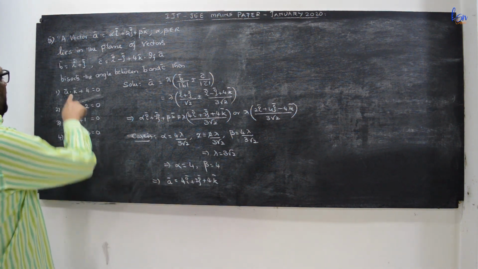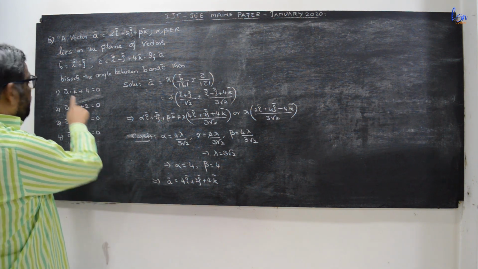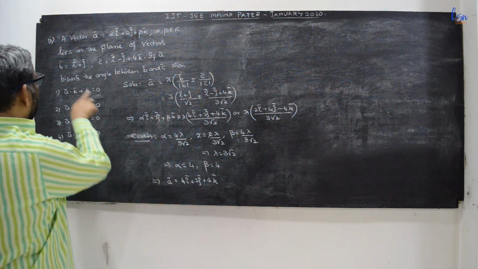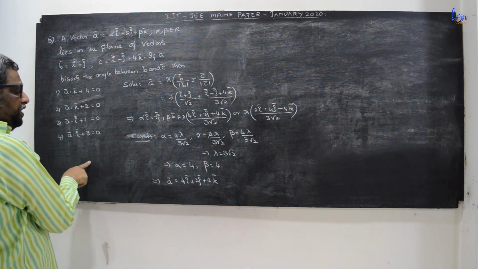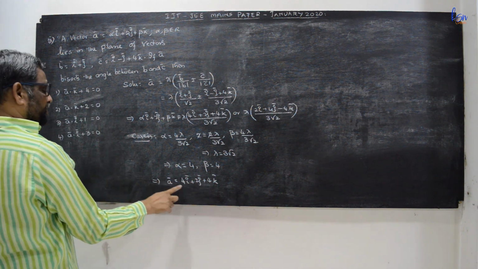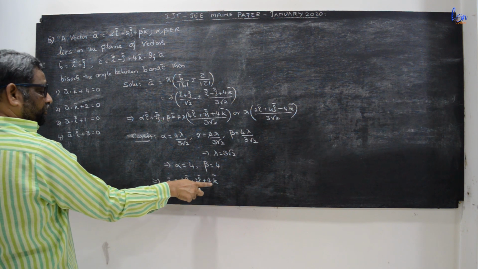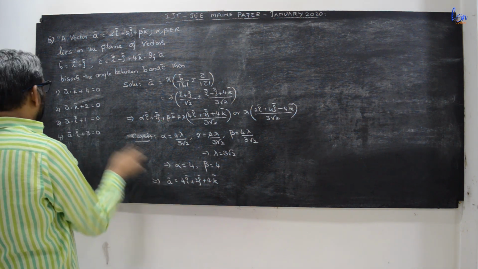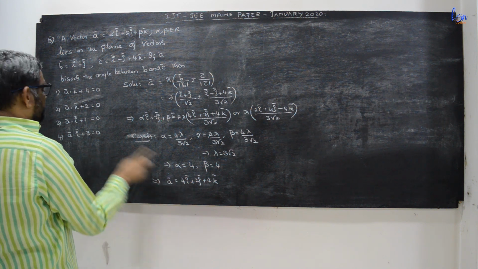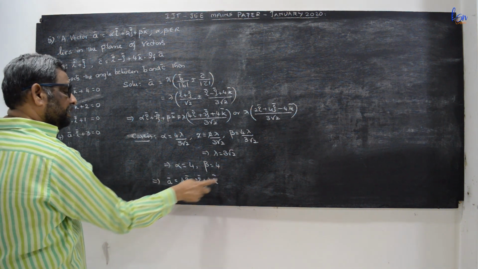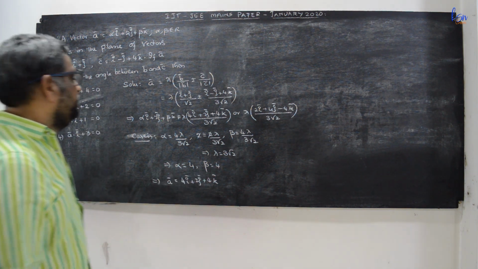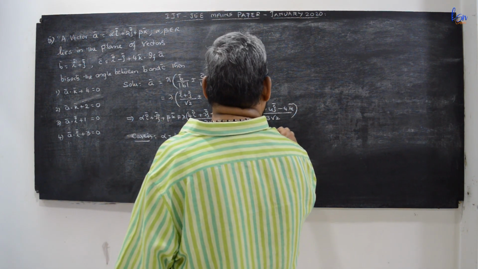Now if you check A bar dot k bar, A bar dot k bar is plus 4. So you can verify the options. A bar dot k bar: 4 plus 4 is not equal to 0. Similarly A bar dot k bar, that is 4 plus 2, not equal to 0. A bar dot i bar, 4 plus 1, not equal to 0. A bar dot i bar, 4 plus 3, not equal to 0. So this A bar is not satisfying any of the options. Therefore we will consider case 2 here.